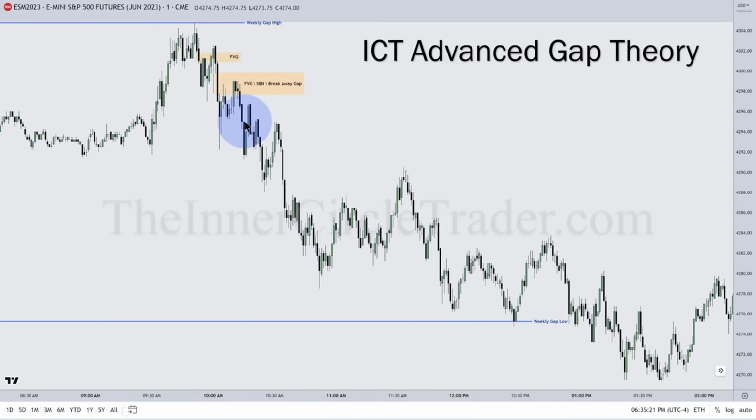But if it doesn't and it completely fills it in, that's not a breakaway gap. Then it may need to come back up and tap this one more time. So if you were to get stopped out, you have to wait for it to hit this fair value gap and then break one more time, create another imbalance or fair value gap, and then use that to go short. So what I just taught you is how you navigate. If you're wrong and it doesn't become a breakaway gap, you wait for it to trade to the higher time frame fair value gap and then break lower again, create another fair value gap, and then treat that as a